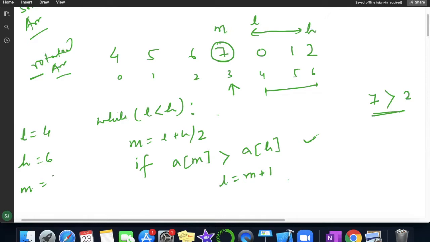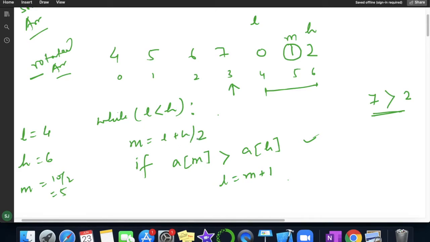My mid will be 10 by 2, which is 5. Now we have the low, high and our new mid, the value present at index 5, which is 1. So this is our mid. Now we are checking while low is less than high. Low has value 4, 4 less than high, yes, correct.